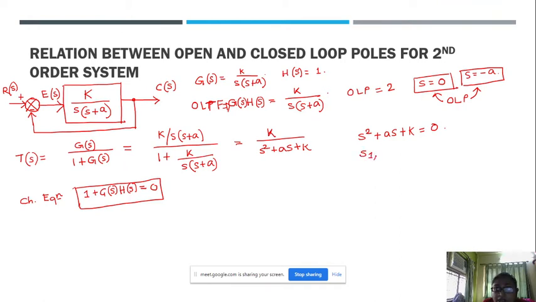From the Sridhar Acharya method, we can write it as minus b plus minus root over b square minus 4ac by 2a. So this will be minus A by 2 plus minus